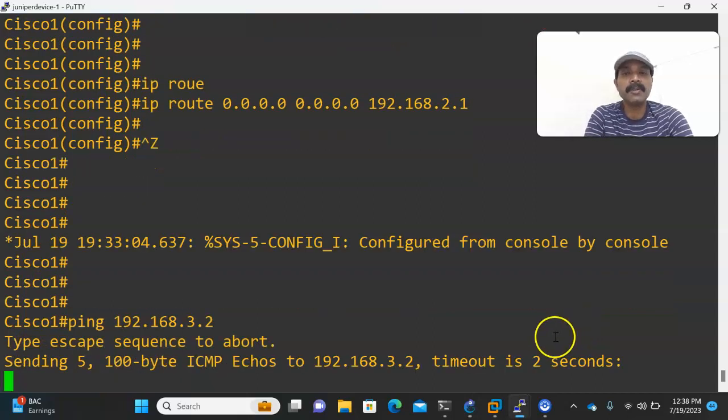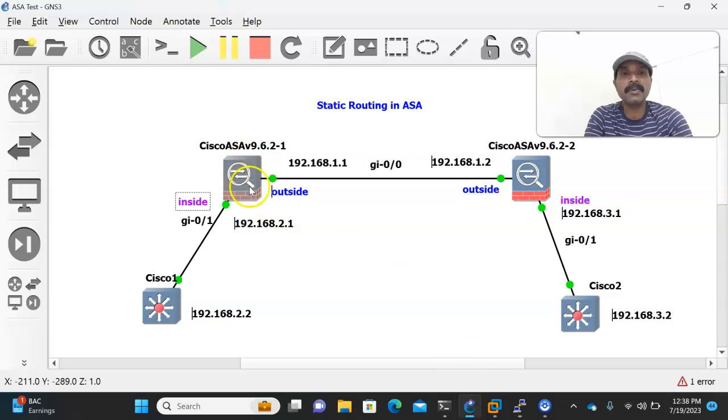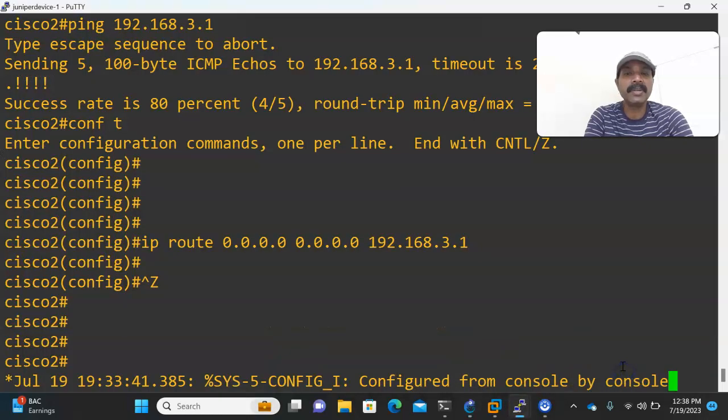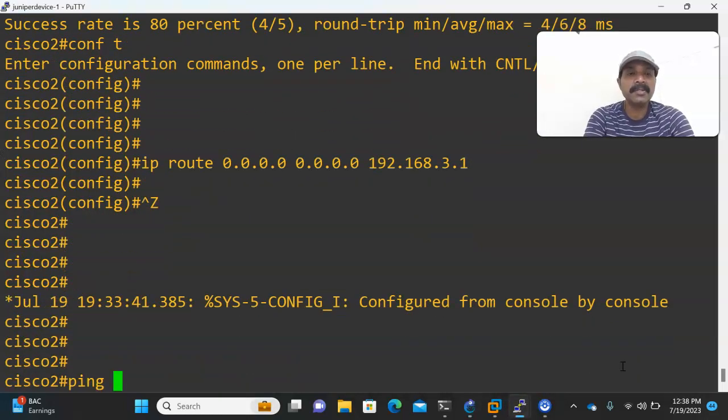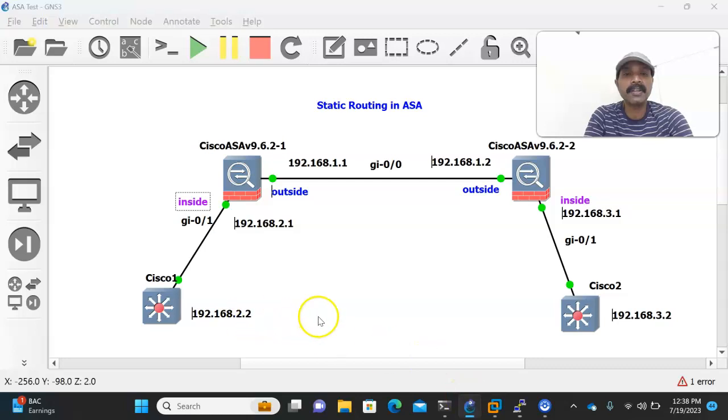So still I'm not able to ping. We already created a static route in both ASA firewall 1 and 2, and also we have created a default route from Cisco 1 and 2. Still I'm not able to ping. Let us check from Cisco device 2 also to this particular IP